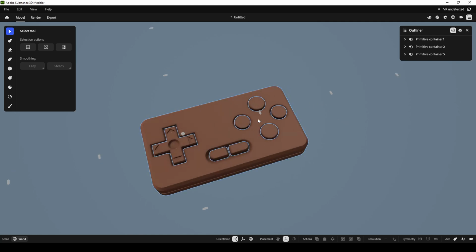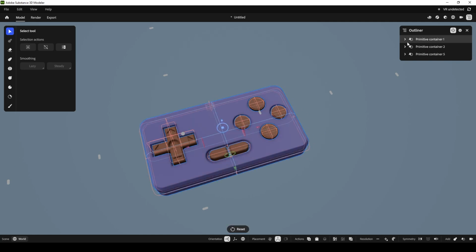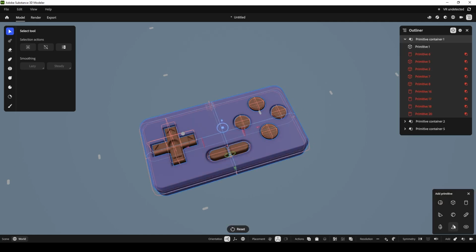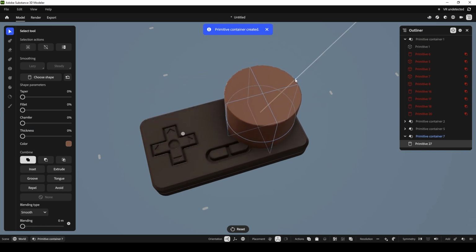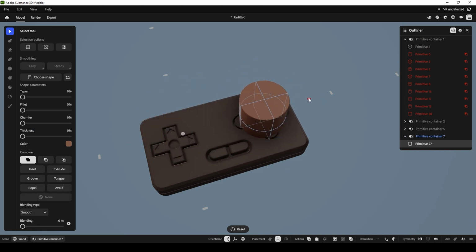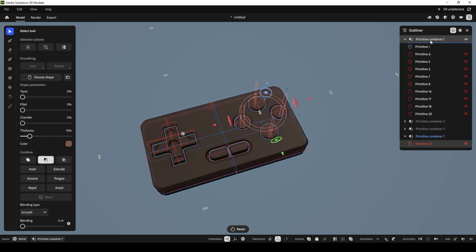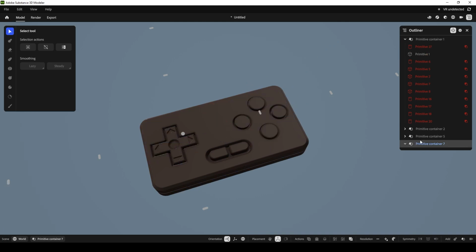So again, maybe perhaps we want to connect these buttons a little bit. So again, we could select this area here. Let's add a cylinder, bring it into here. Let's just scale that best that we can. We're going to change it to cut. And then we're just going to change the thickness. Should be on the right one. I think I've probably created a new